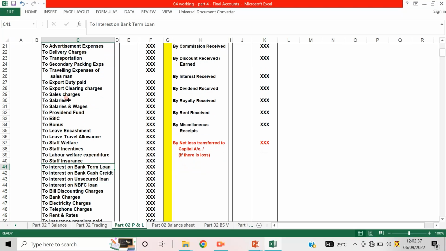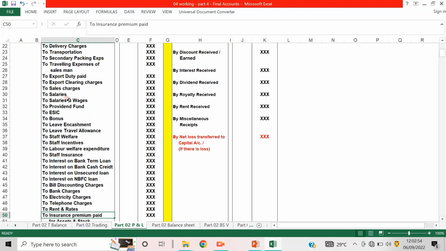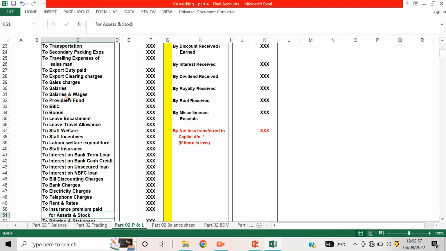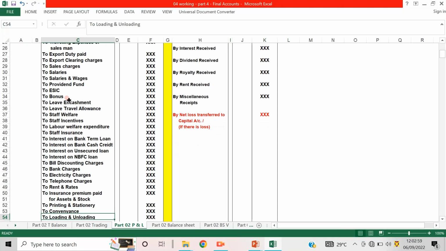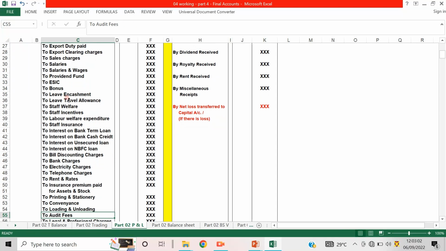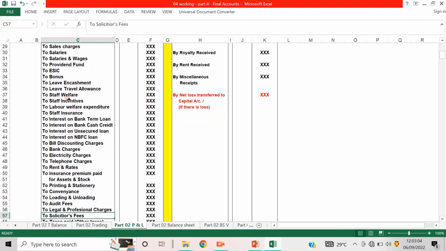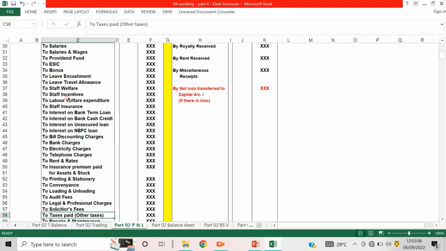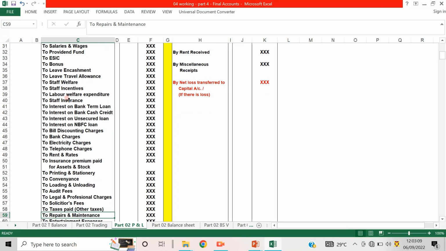Then interest on bank term loan, interest on bank cash credit, OD, interest on unsecured loan, interest on NBFC, non-banking finance companies loan, bills discounting charges, bank charges, electricity charges, telephone charges, rent rates, then insurance premium paid for assets and stock, printing and stationery, conveyance, loading and unloading, audit fees, legal and professional charges, solicitors fees, taxes paid, any other taxes, means any municipal taxes or any other taxes paid,